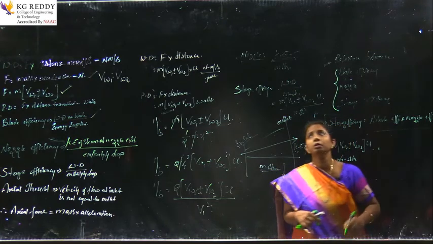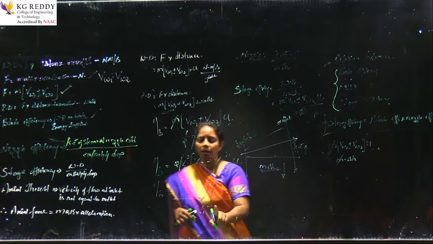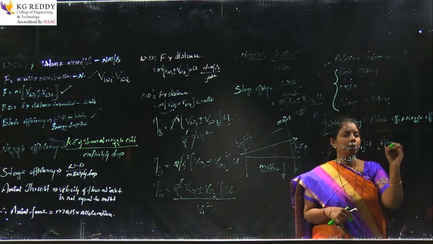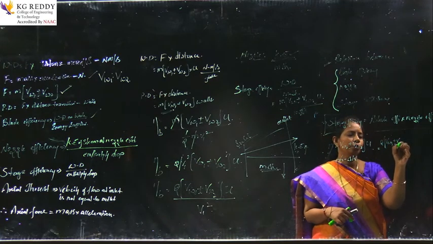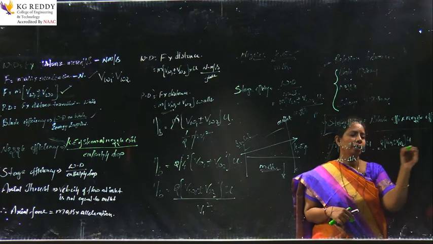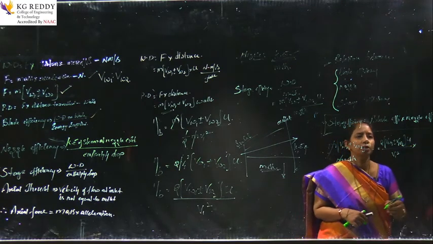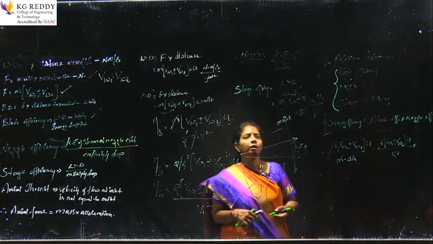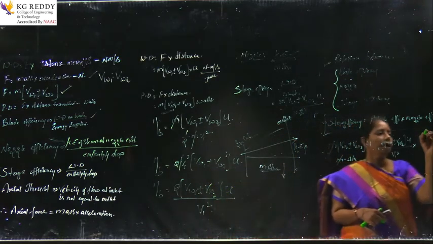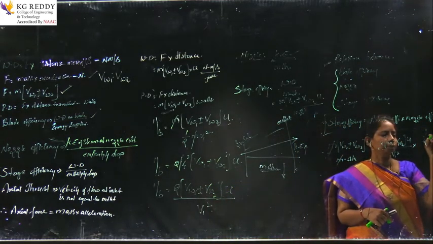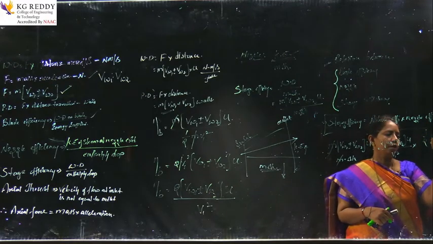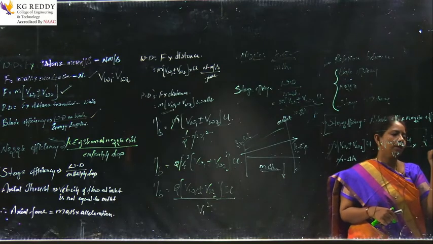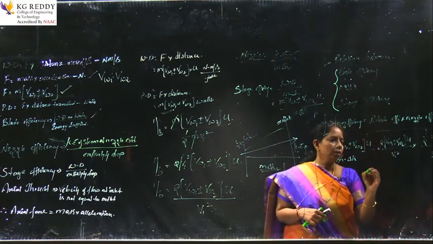Yes, no worries. What is the blade efficiency I have here? If you look at the blade efficiency, it is 2 times Vw1 plus or minus Vw2 multiplied by U divided by V1 square. Yes. What is the nozzle efficiency you have here? Kinetic energy divided by m into delta H. It is nothing but half m V1 square divided by m into delta H. Can I cancel m and m? Yes.